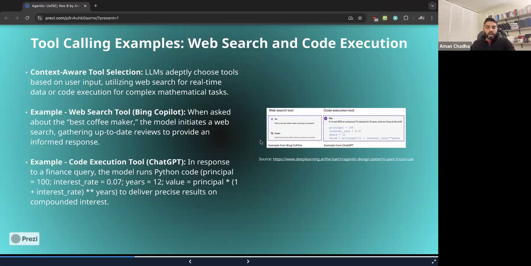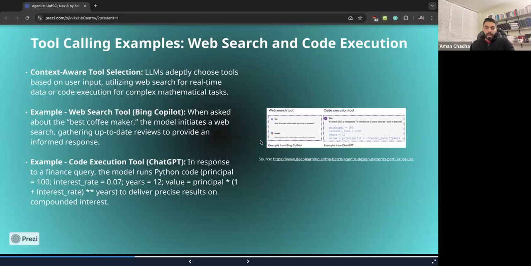And as an example, if you look at the diagram on the right, you'll see that the LLM is trying to call the Bing Copilot when it's asked for the best coffee maker. Now, coffee makers, there could be new ones coming to the market every day, and the knowledge cutoff of the LLM shouldn't prevent it from giving you the right answer, right? So it understands that this is knowledge it needs to acquire from the web, and based on the responses that are available there, come up with something that offers you a realistic idea of the latest and best coffee maker out there, based on up-to-date reviews from people.